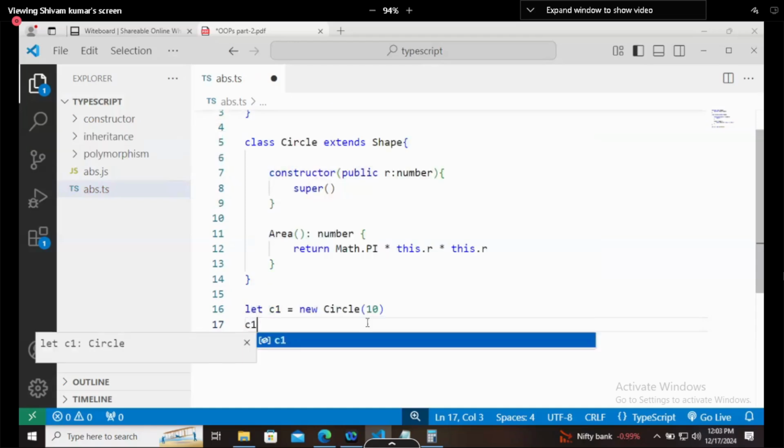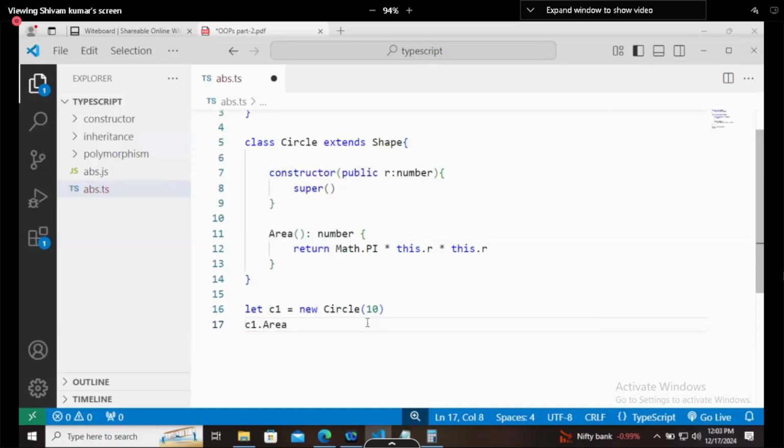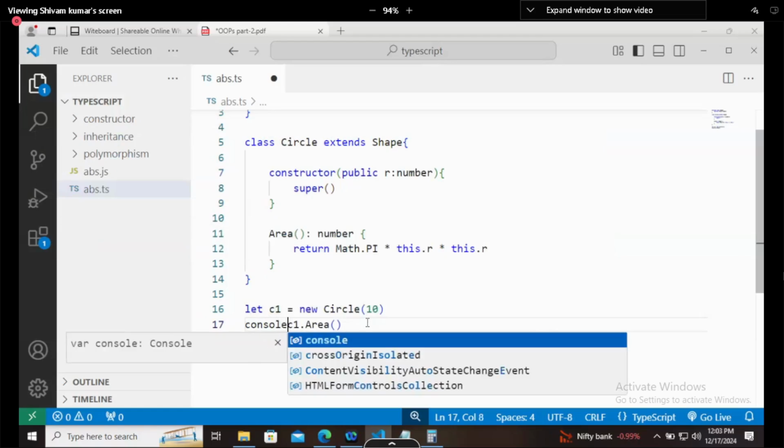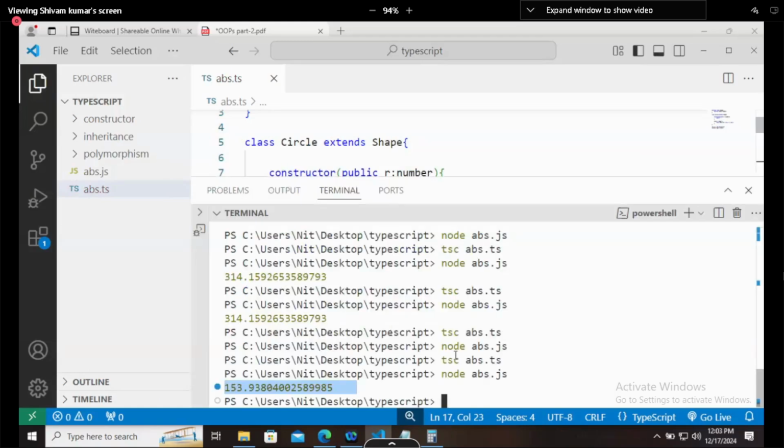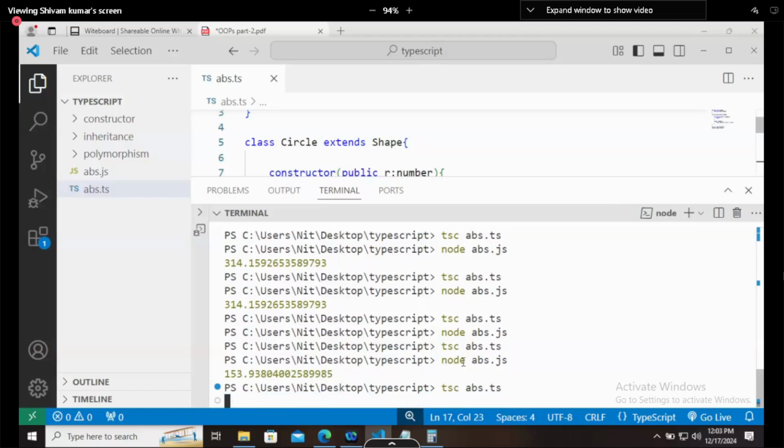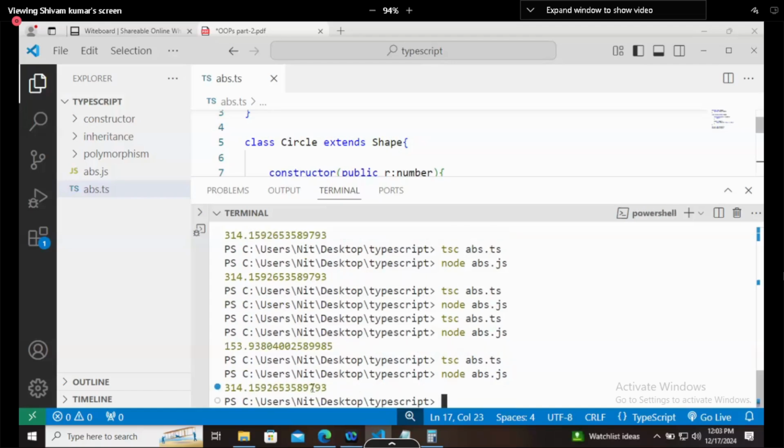After that, c1.area, because area is returning the value, so I will directly print it here, console.log(c1.area). Let's try to use it now. And it is printing the area.